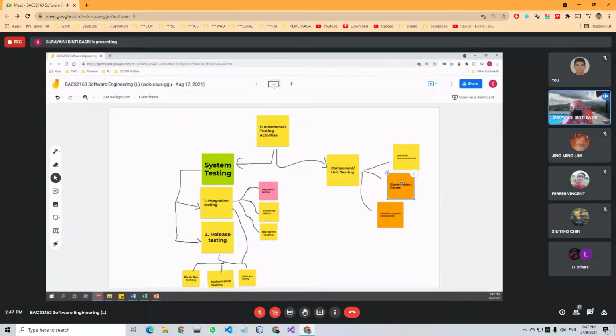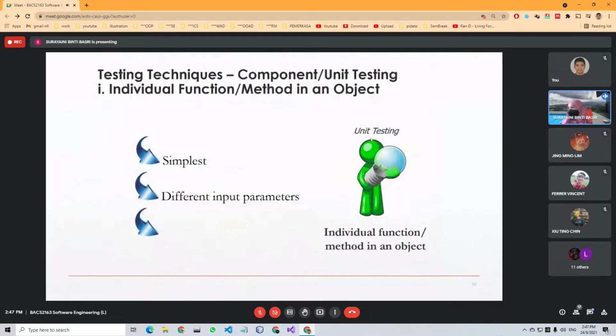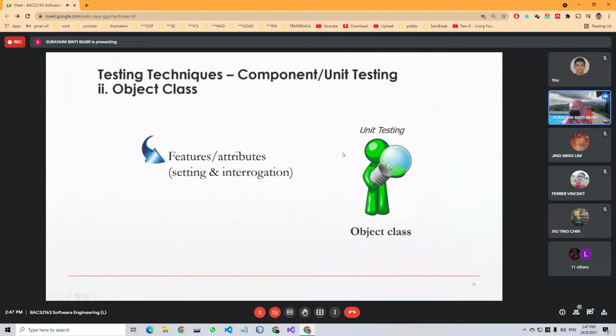If you want to test an individual function, you test it using that technique. So here, what happens in the third technique is